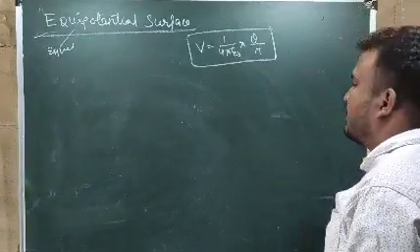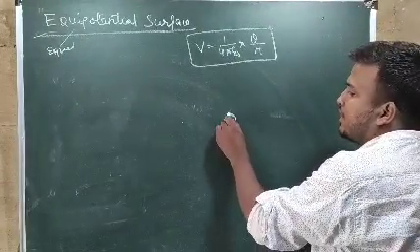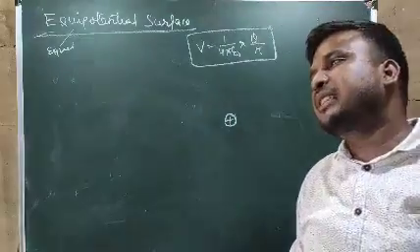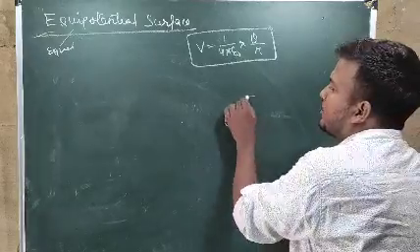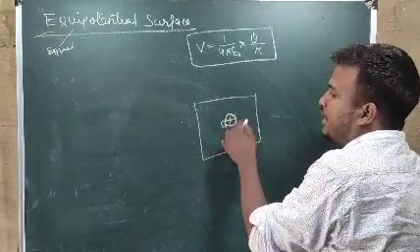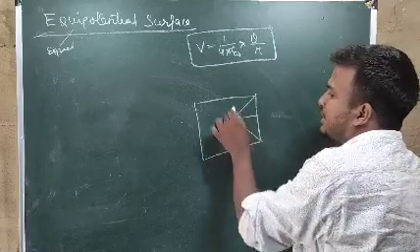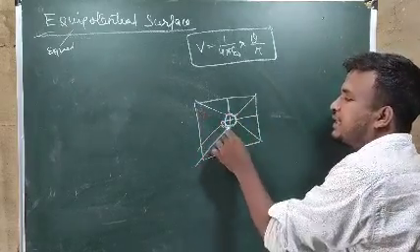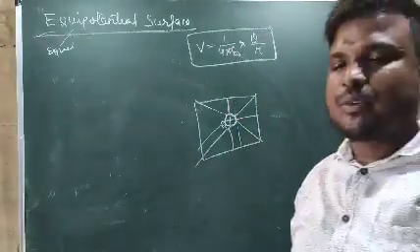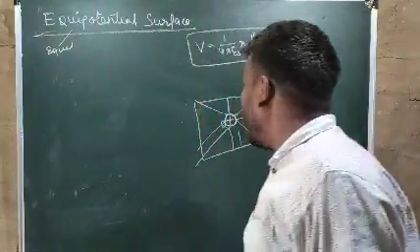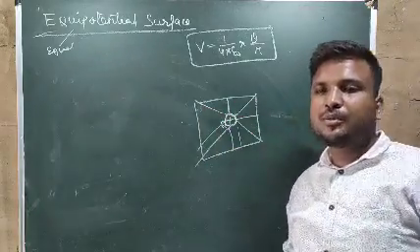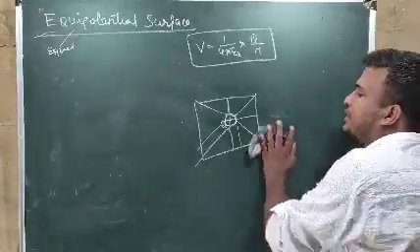Now, for a point charge, if I take a point charge here, what equipotential surface can you draw? Will it be cuboidal? Answer is no. Why? Because charge is the same for every point, but the distance will not remain the same. And since the distance will not remain the same, we can say that a cuboidal equipotential surface for a point charge is not possible. Why not possible? Because these distances are more or less. If distances are not constant, then potential will also not be constant.